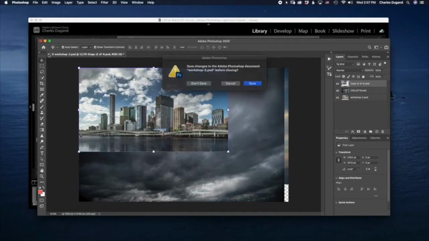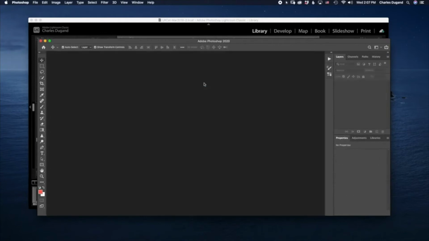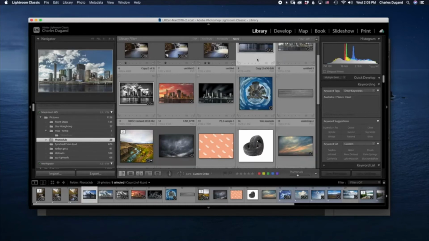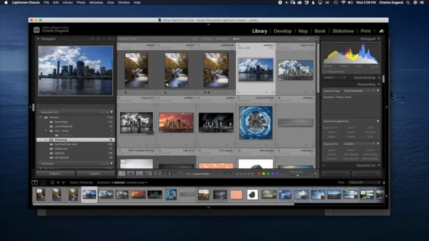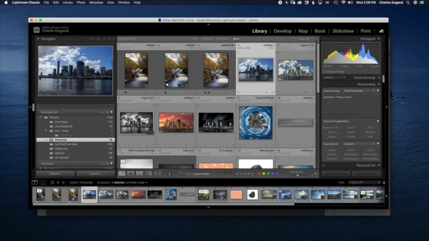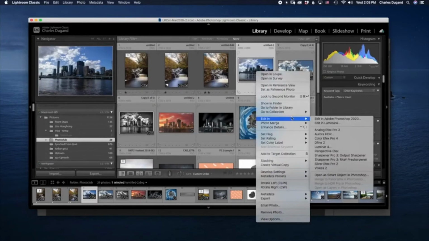I will get out of here. Don't save it. Alright, so you can open files as a single file. You can open up multiple files in Photoshop. Now, there's another way of opening files here. Let's just say I open a file. I've done some edits on this file here. This file here, we did some edits. Let's go back over and we can see we did those edits on them. This is the one we did before. If I open this file here, like we did before, Edit in Photoshop,